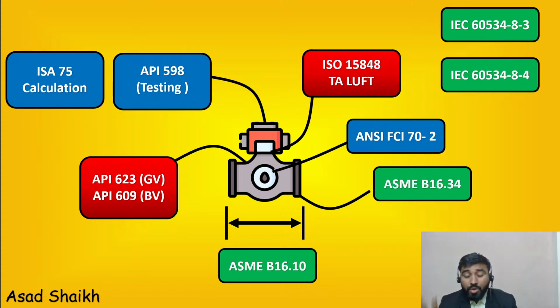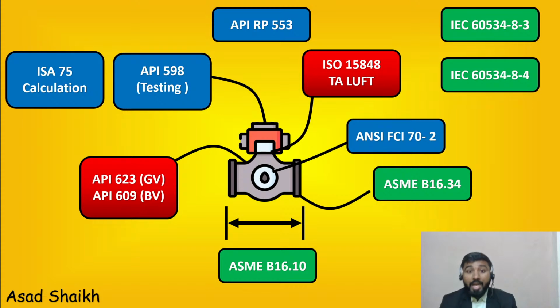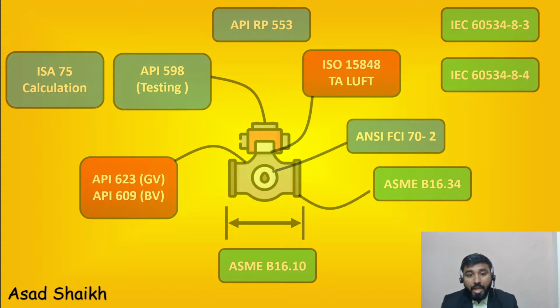This is just an overall overview which I'm giving, and then you have API RP 553. I definitely recommend you to read API RP 553. You will learn the recommendations for fluid catalytic cracker FCC units, etc., what you should do in those cases. So this is just an overview. I'll try to add more standards as we go, and then share the presentation with you.